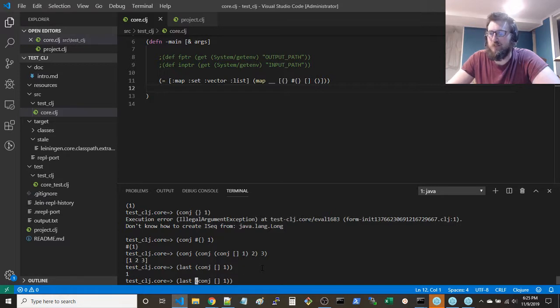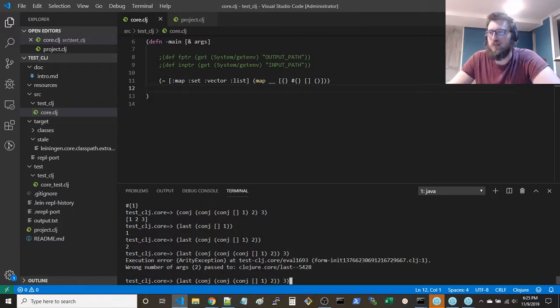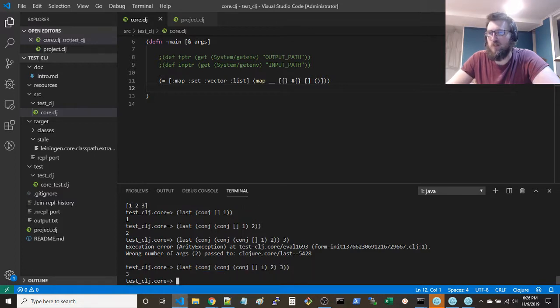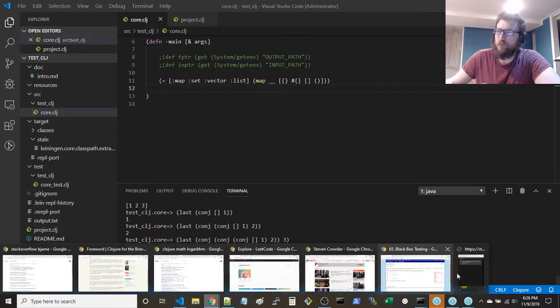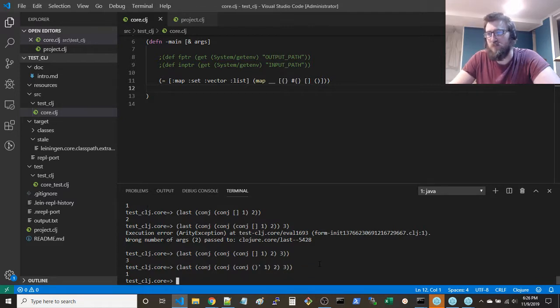That's 1. If we do conj again, we get 2. Finally, we should get 3. If we perform the same operation on a sequence, though, 1 is the last.